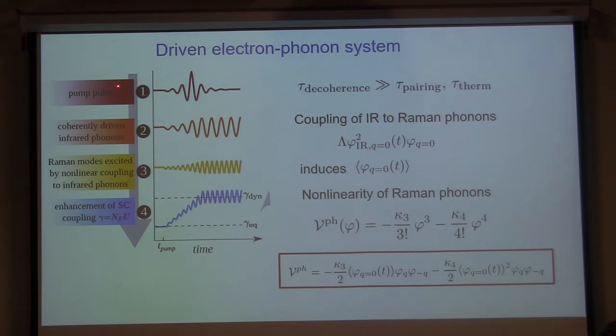What the pump pulse does is it's a photon at zero momentum. You can only excite an infrared active phonon, the phonon that has a finite matrix element to be excited by light, and also at Q equal to 0. But these infrared active phonons actually do not couple to electrons very strongly. They do not play such a major role in giving us BCS coupling.